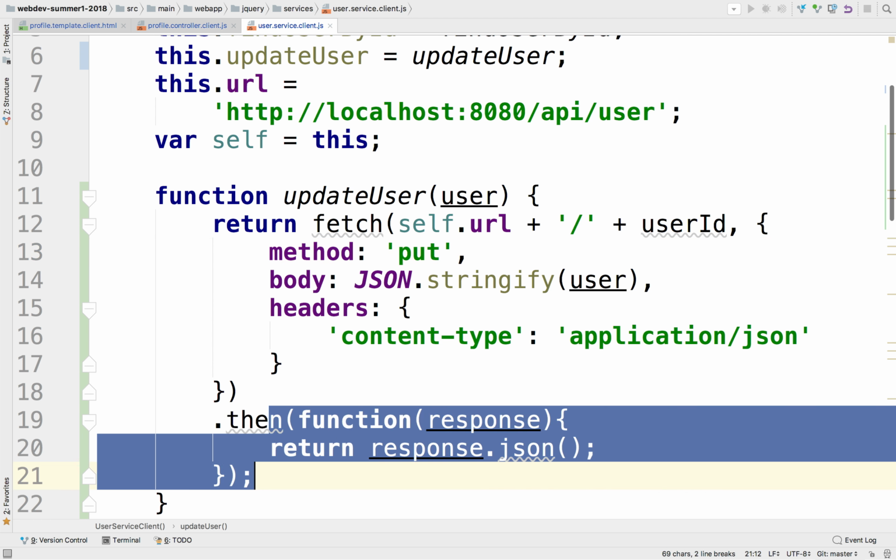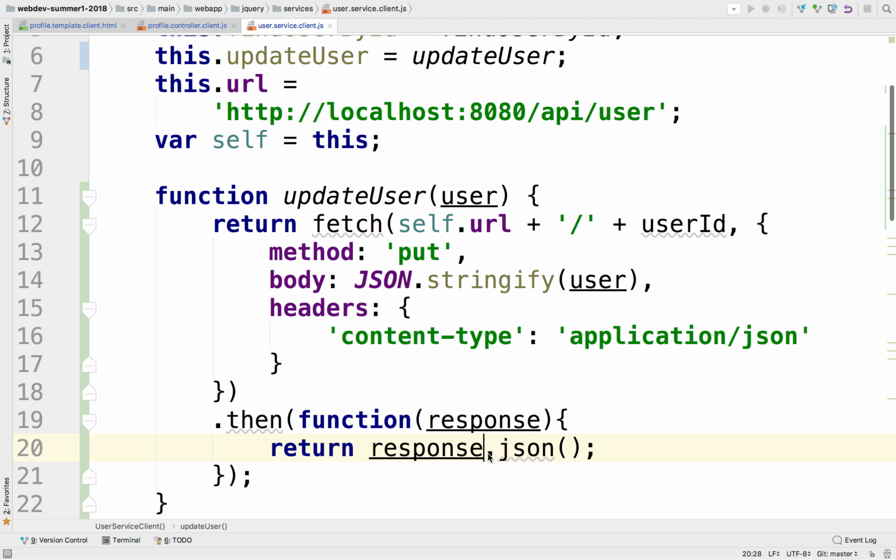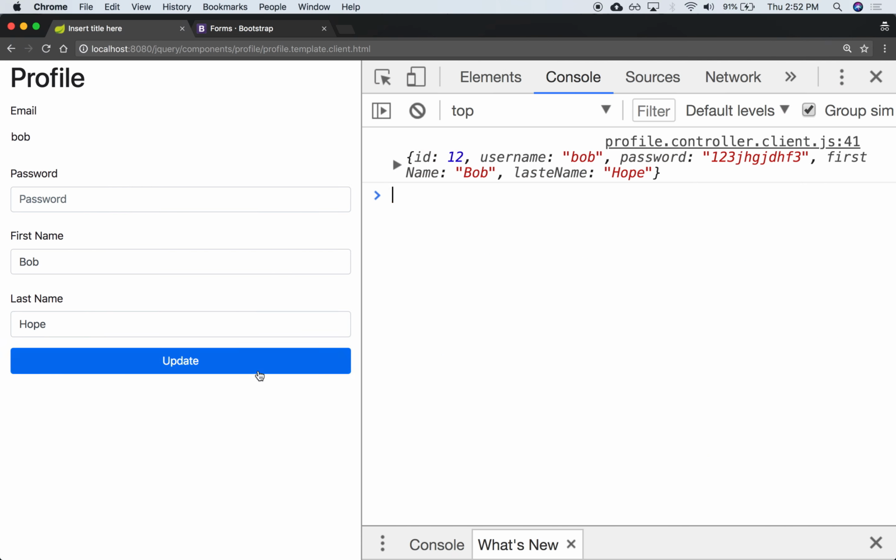Typically, this response, actually, we can return the new user once it has been updated. And so it will parse the new user and return it back to the client, to the controller. All right. So if we try to do this, if we refresh and we make any changes, and we do an update, notice that it's this